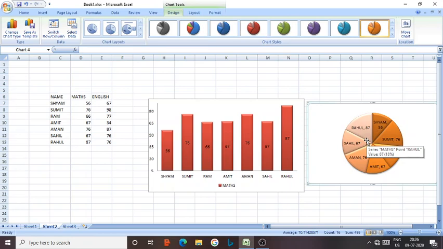You can create a chart and you can make your data representation very perfect, and you can represent your data in front of anyone very effectively. So you also try at home. Represent the data in the form of charts, and try all the charts and their components.